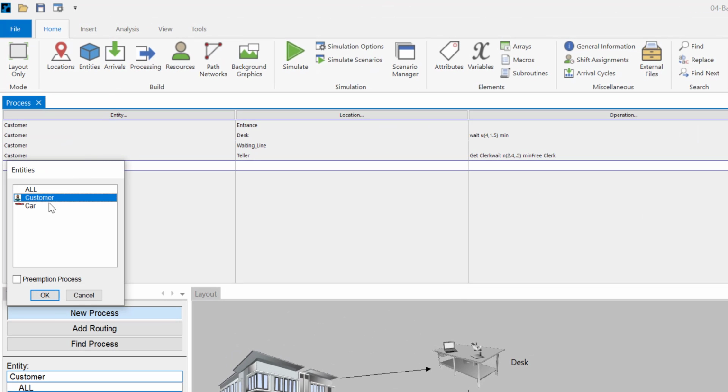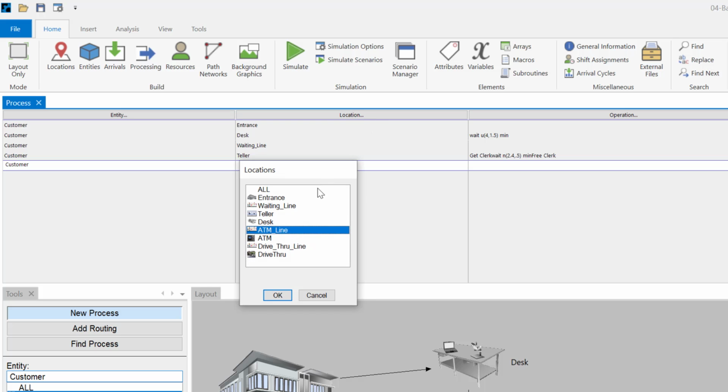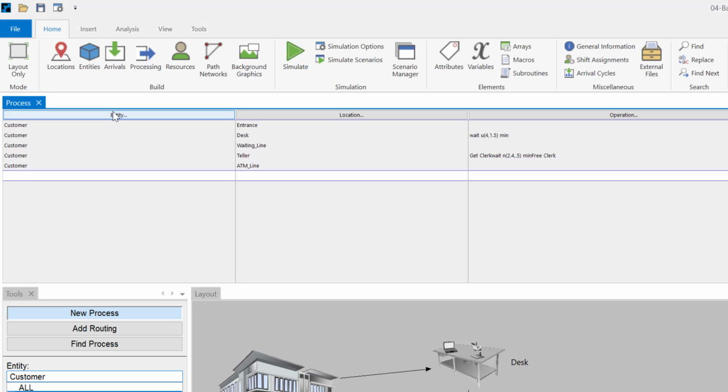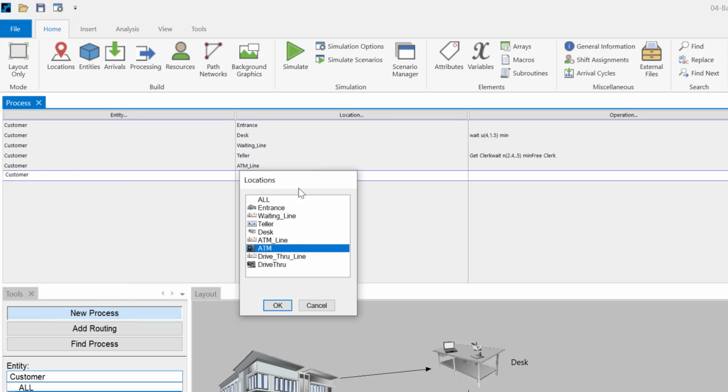So that will be customer ATM line, okay, and there is no operation here, and then output is customer, destination is ATM. Okay, there is no other rule except the first one, default rule. Then we have customer, okay, location is ATM,